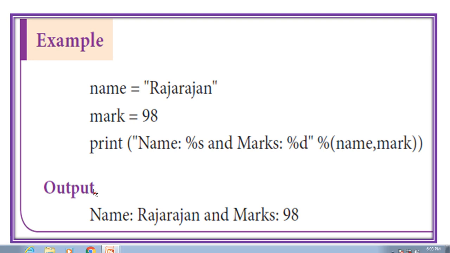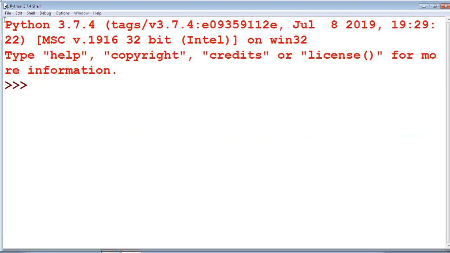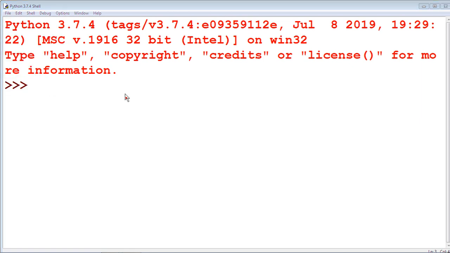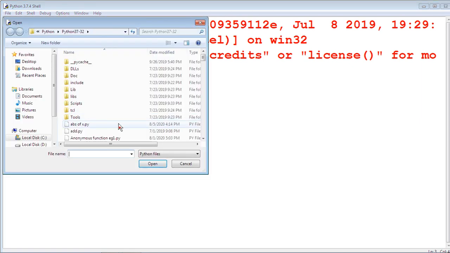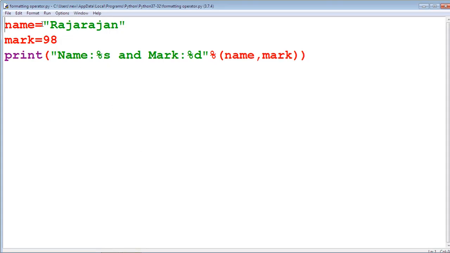We are going to see this by using the IDLE window. File, open, formatting operator. Here name equal to Rajarajan, mark equal to 98. In the placement of percentage s, name is printed. In the placement of percentage d, mark will be printed, that is 98.